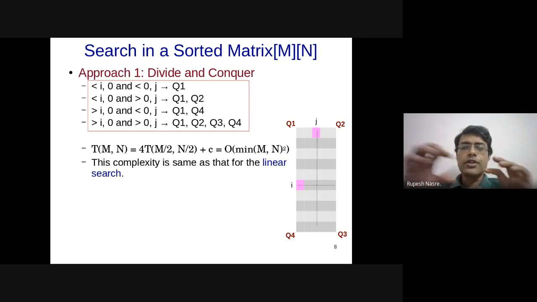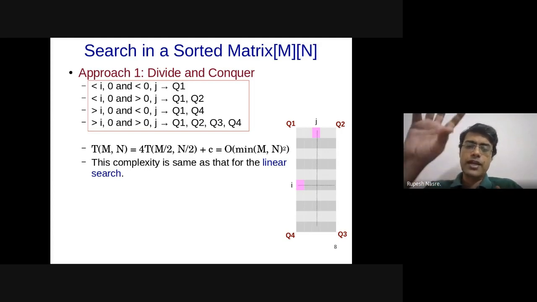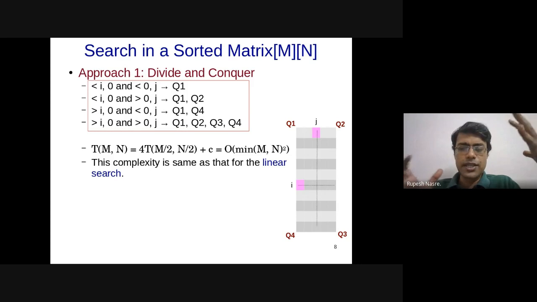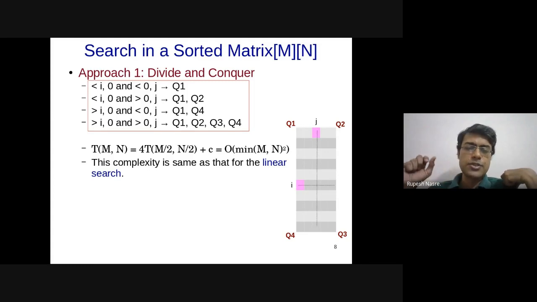But anyway, discard that. The wavefront is going to grow bigger and bigger as you approach the diagonal, and you have to choose the minimum amongst these every time, and that minimum is going to be the next element. As soon as you choose the minimum, the element just to the right and just below, those two elements should be added to the wavefront, and then you again choose the minimum. This way, the wavefront will keep on growing up to the diagonal, and then it will go on shrinking. In the end, you will only have one element left, which is going to be the largest element. So this is how it needs to be done, but this requires maintenance of some sort of queue or a sorted sequence. Let's put it that way.